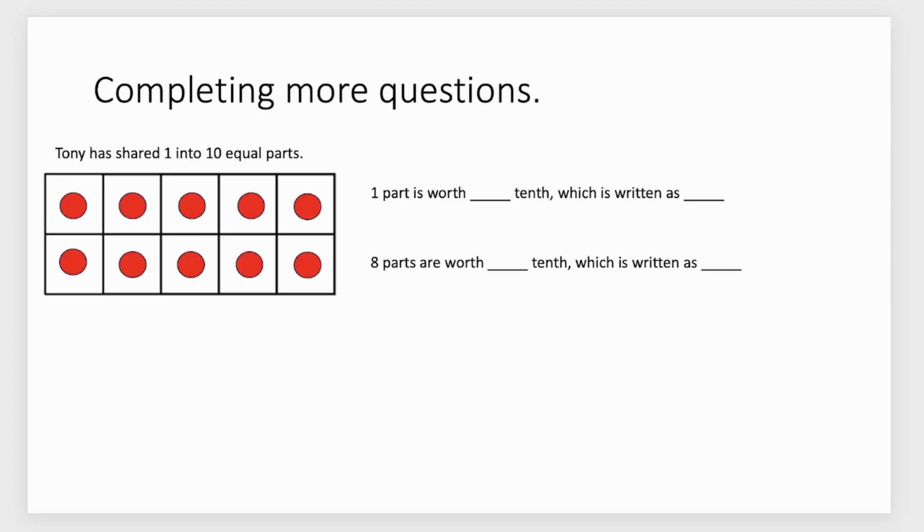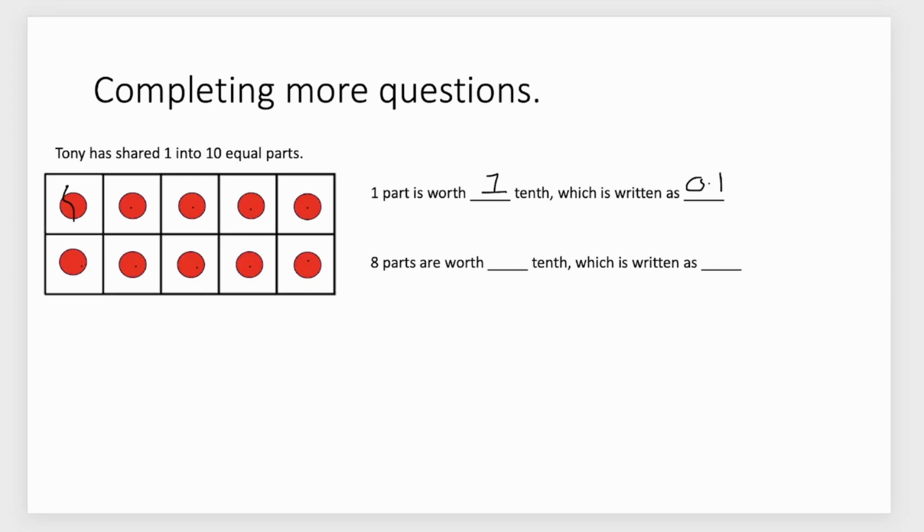So keeping this in mind, just doing some more questions here. It says Tony has shared 1 into 10 equal parts. So as we can see, here's his 10 parts. 1, 2, 3, 4, 5, 6, 7, 8, 9, and 10. So there's his 10 parts in these 10 little sections. And they all come together for a value of 1. So one part is worth how many tenths, which is written as what? So one part is just one of these squares here. It's just 1/10. Nice and simple, which is written as